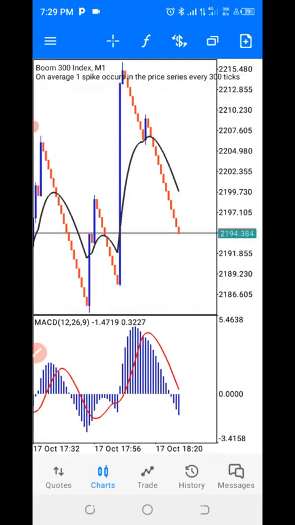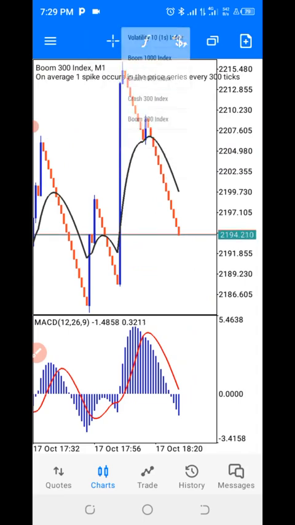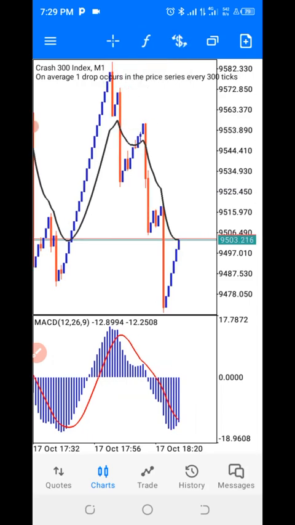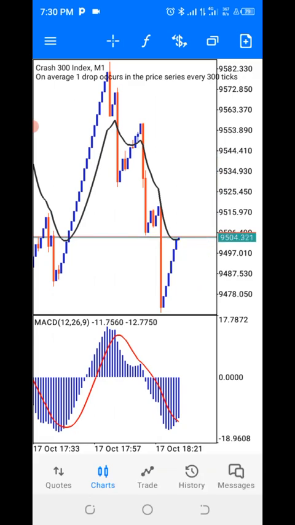Let me see if I can take an entry. You can actually take an entry on Crash. This is Montero. Let's look at Crash 300. Okay, we've gotten our first leg, right? So probably once we have another spike like this, then I can enter for the second leg to take my 5 to 10 candles.